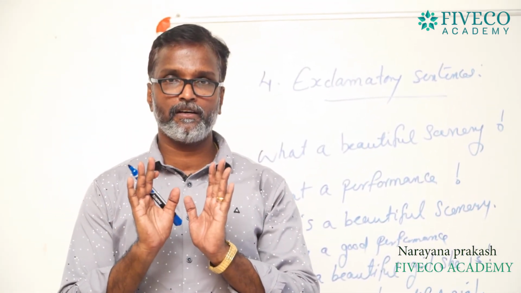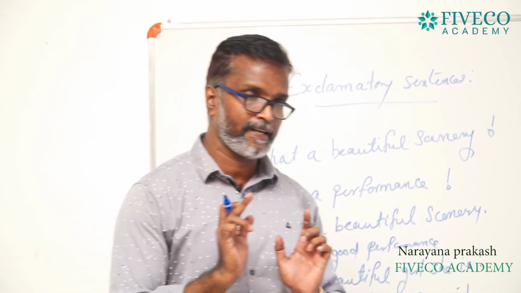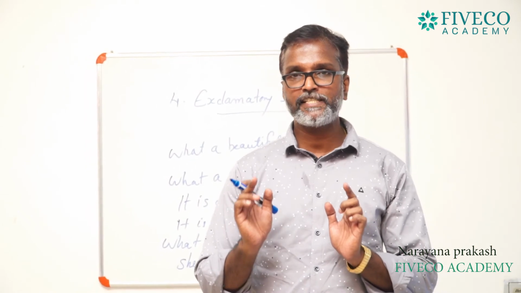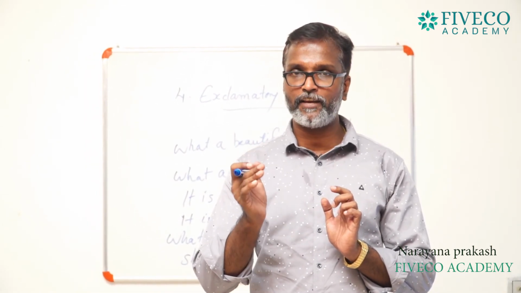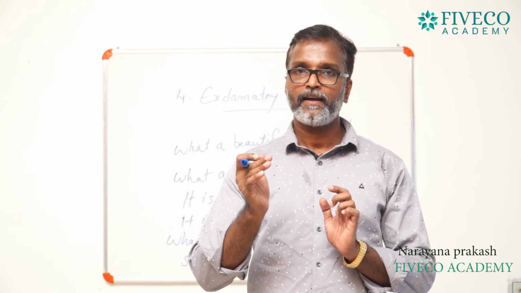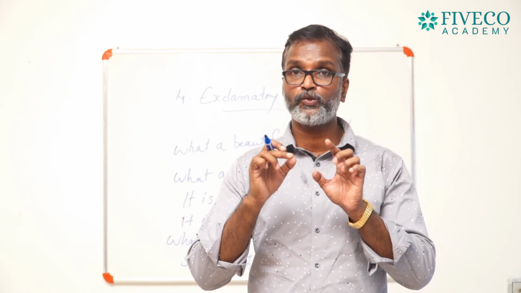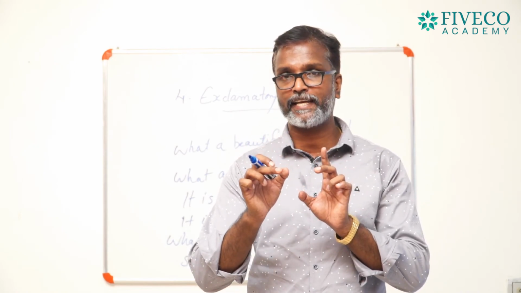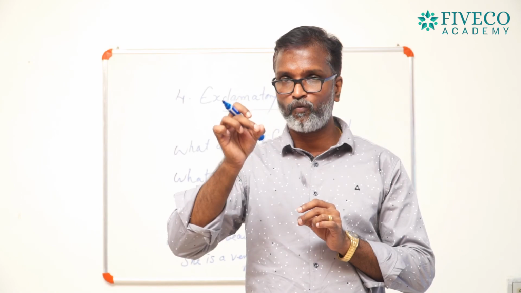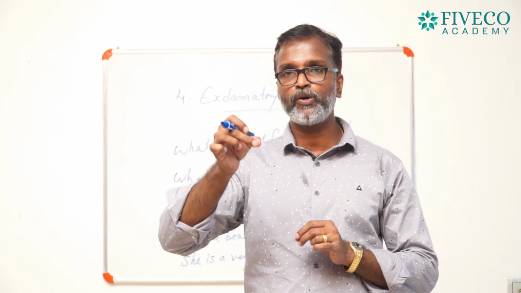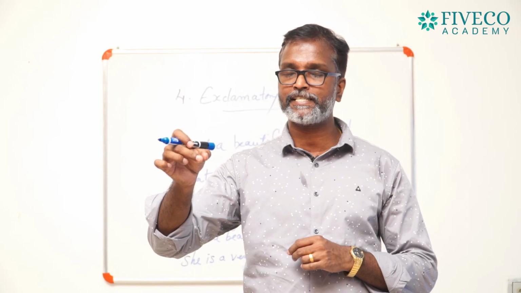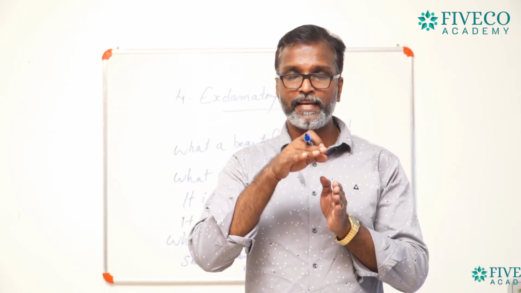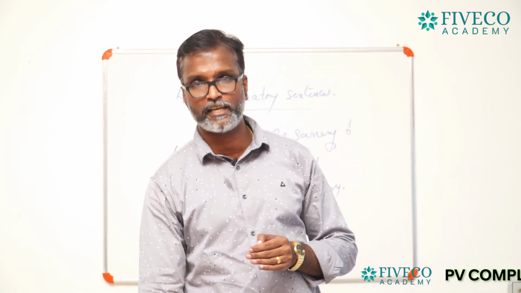Okay, today I first explained the sentence. A sentence is a group of words which conveys sense, meaning. And a sentence will have two things: one is subject and the other is predicate, and the predicate will have a verb and object. And I told you the difference between Malayalam sentence and English sentence. In Malayalam we use the SOV pattern, whereas in English we use the subject verb object pattern.